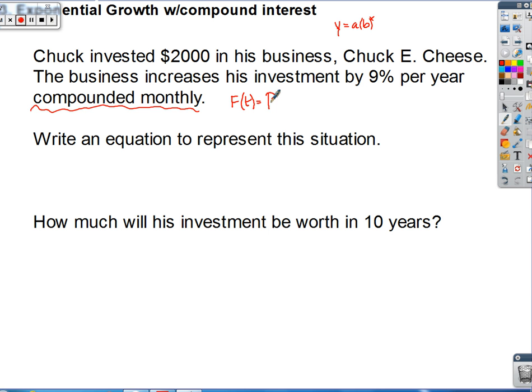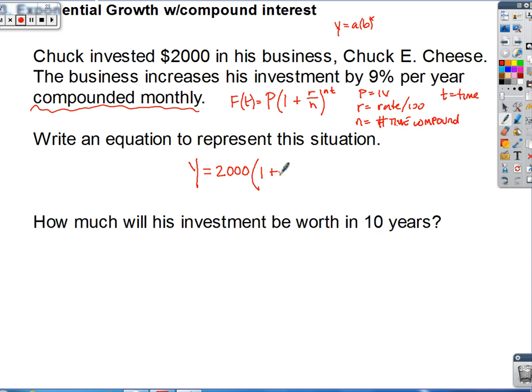All right, it's similar. All the properties here are similar. P times 1 plus r over n to the nt power. All right, and we said that p is the initial value. We said that r is the rate divided by 100, and n is the number of times it's compounded. And t is time. So if we fill those pieces in exactly the way they're written here, this shouldn't be that bad. So we're going to have y equals 2,000,